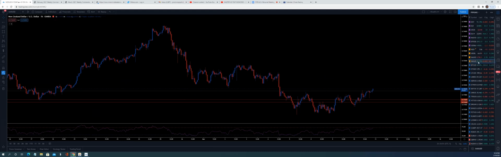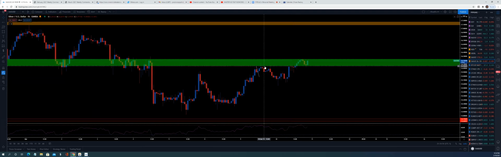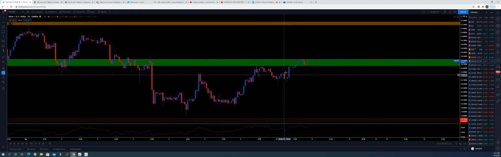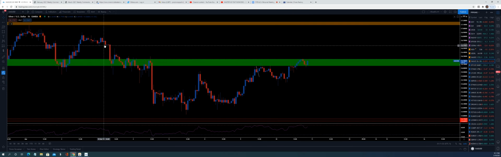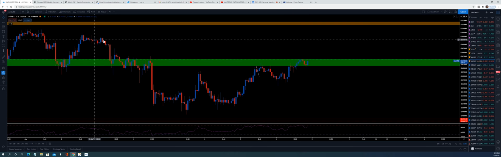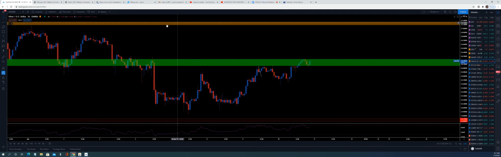So let's look at our metals. Checking out silver. Got a good sell opportunity beginning of the week off silver. Now we see we are trying to push back above the structure. If we do push back above the structure, of course, we would just take the buy off of the structure to the upside up to the next structure. Matter of fact, to this structure here,